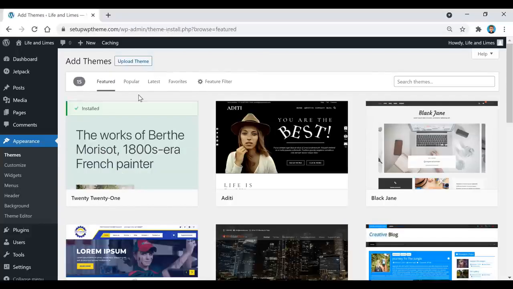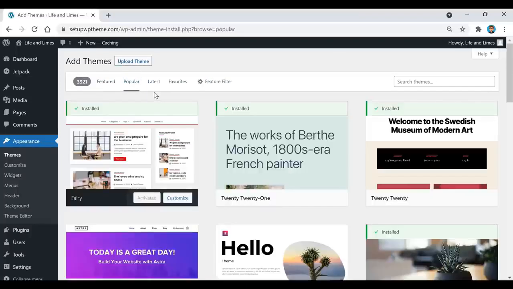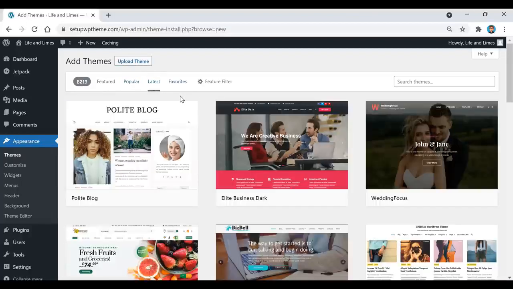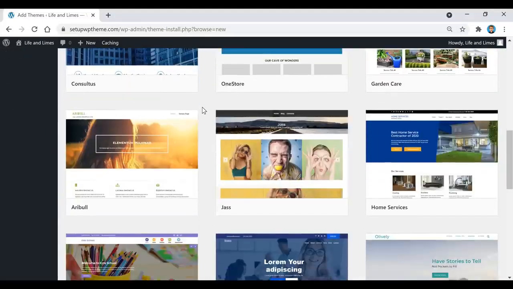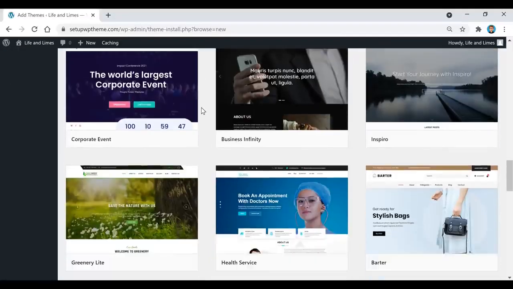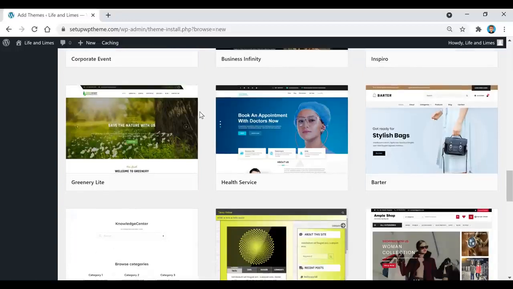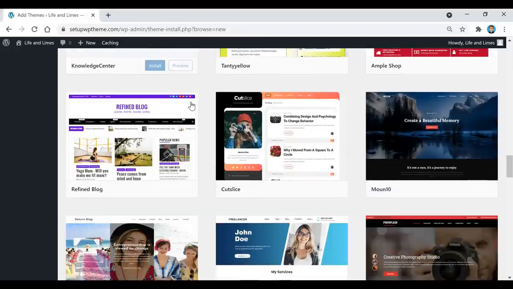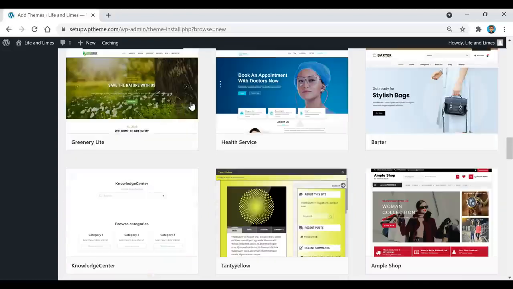Now this page right here is where you're going to find all your themes. And if you go up to the top here, you're going to see a bunch of different categories. And if you click through them, you're going to notice a bunch of different themes here. Just going to go through them real quick. 8,219. And you guys can scroll through these right here and just take a look at them. Because like I said earlier in the video, if you guys don't like the look of the theme that we're using today, you can just go with a different one of these right here. But if we scroll back up to the top,